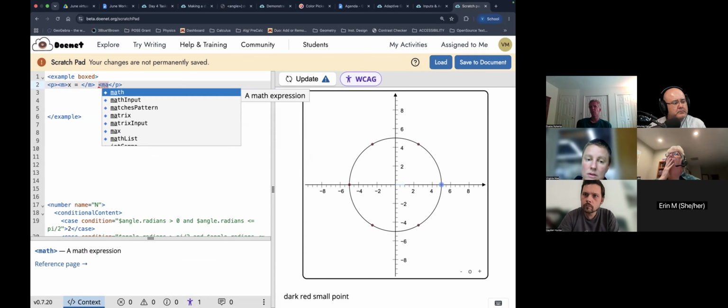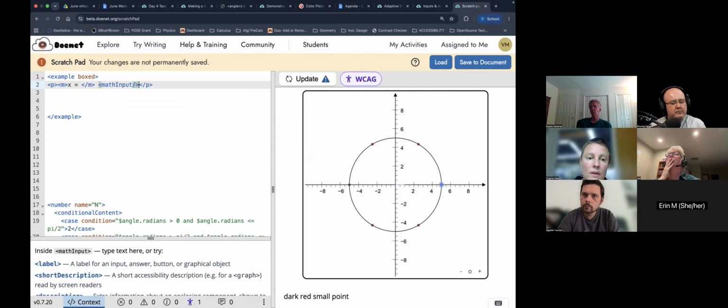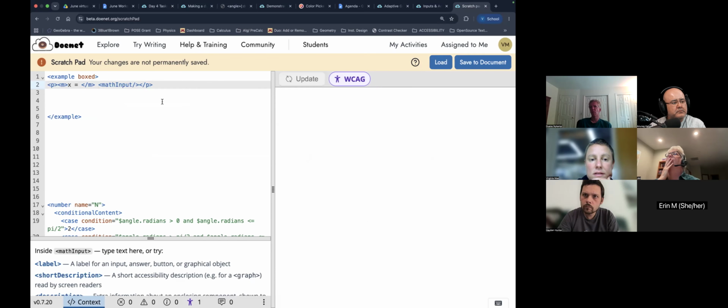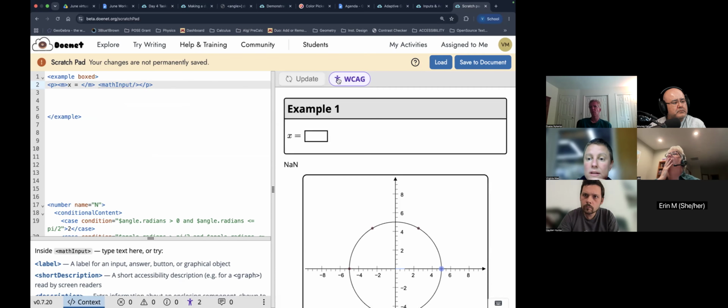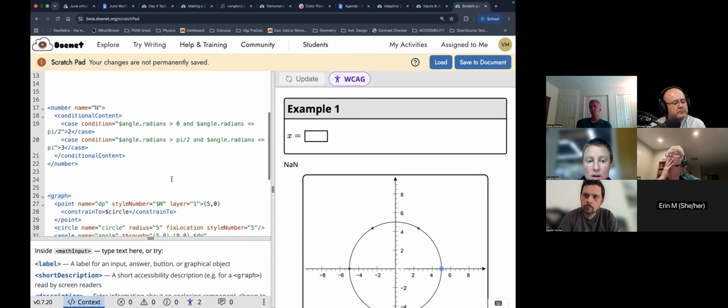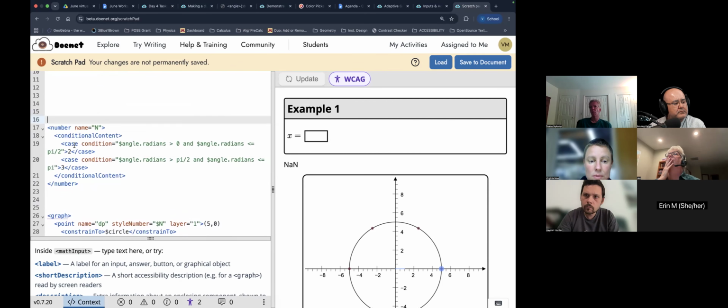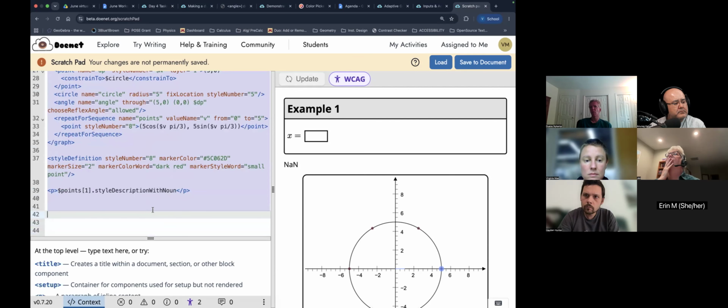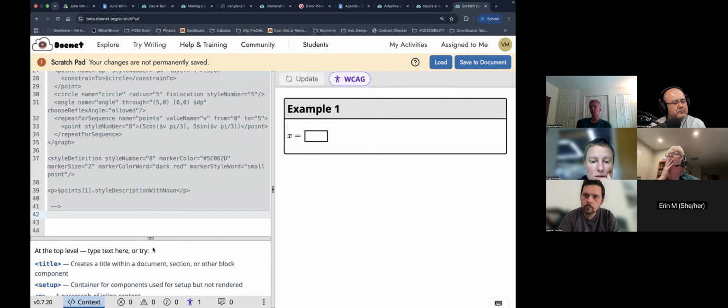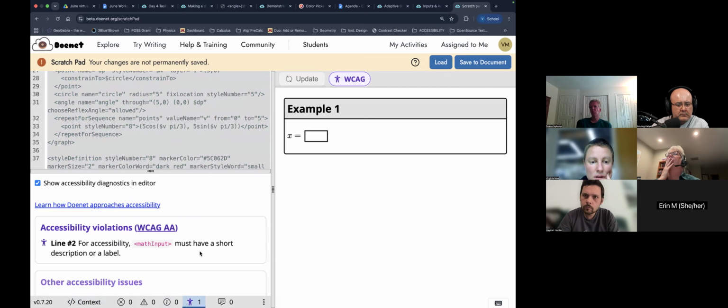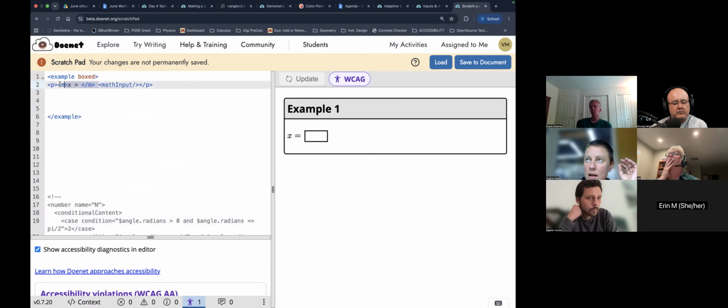So I want to add a math input here. This is everywhere on Doenet, but this will be unhappy. Well, it's actually unhappy for various reasons here, so I'm just going to comment out the bottom. Okay, so our guy says it must have a short description or a label, because I want the user to see X equals